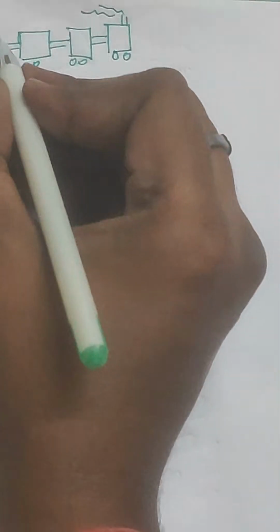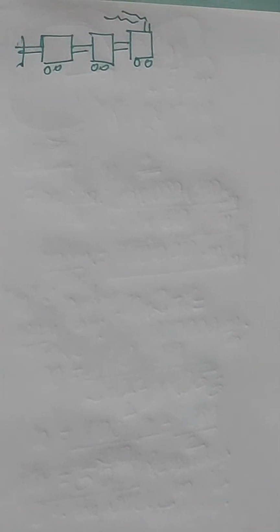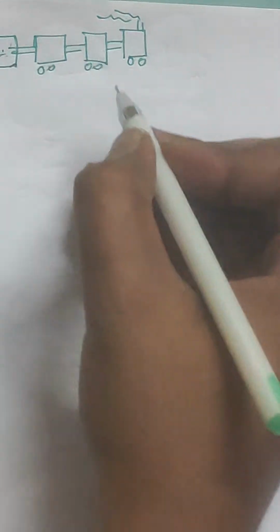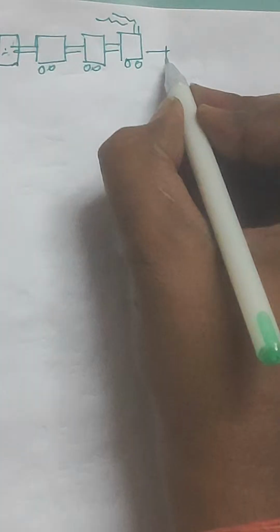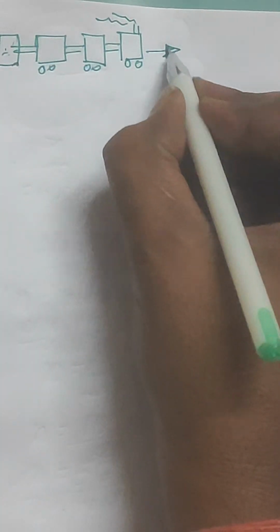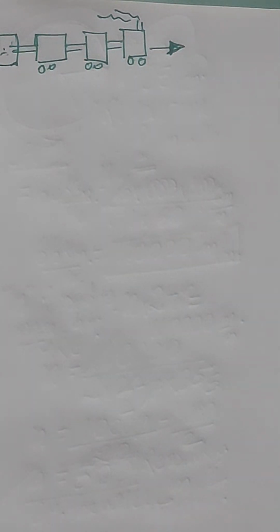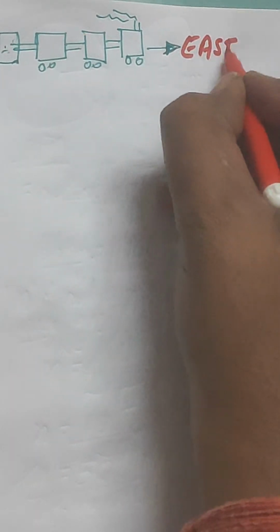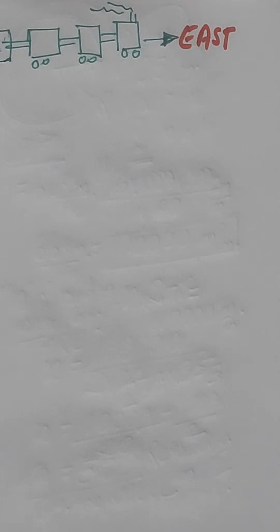Let me read out the question also. It's given that this train is moving east at a speed of 5 meter per second. So let us say this train is moving towards east, and the direction of movement of this train is towards east, right? Now the second part of the question is that a bullet fired westward with a velocity of 10 meter